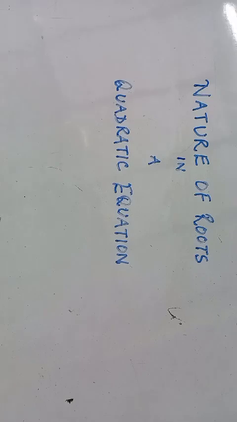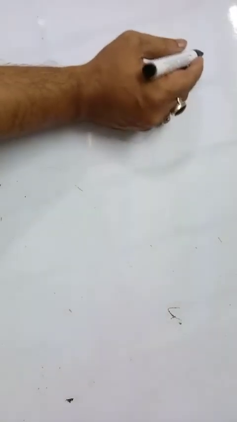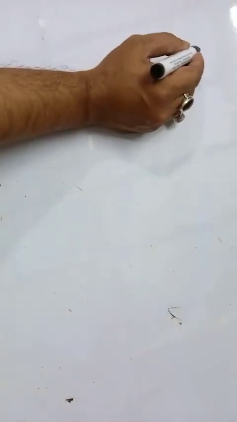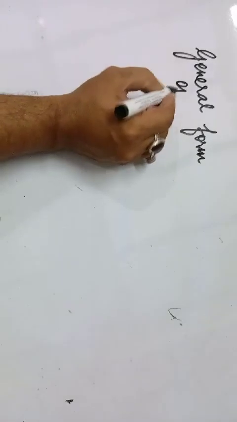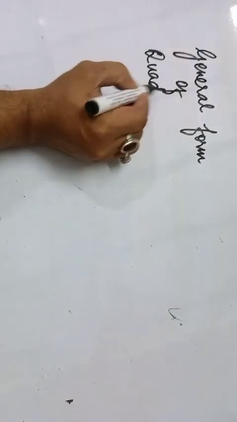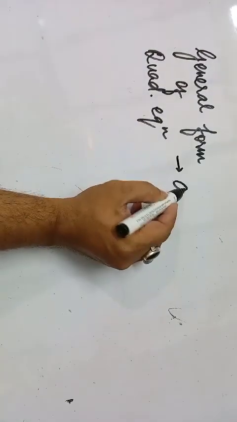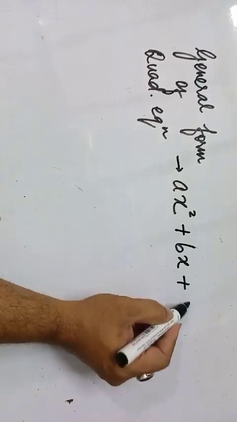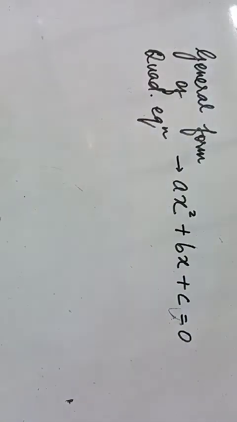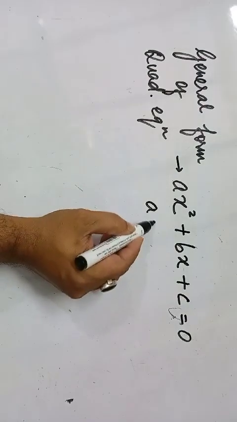Okay, so we will begin with a few examples, because those are the best ones to understand. So let us take the first example. Before the first example, we will first analyze the general form. Okay, so the general form of any quadratic equation will be ax square plus bx plus c is equal to 0, where we all know that a cannot be